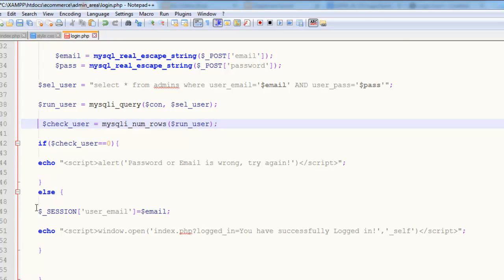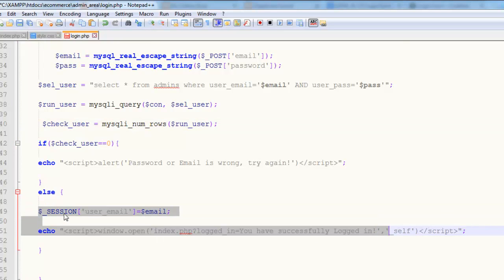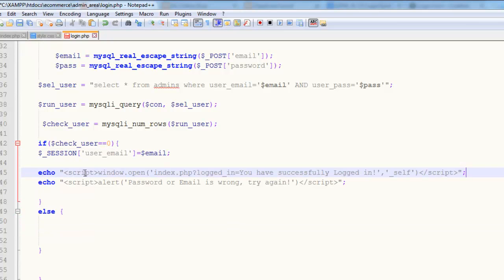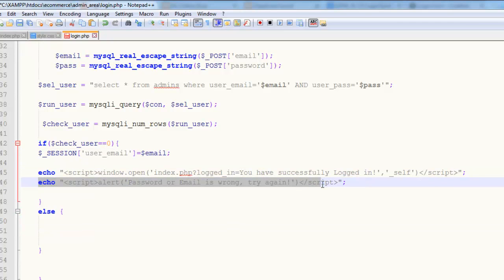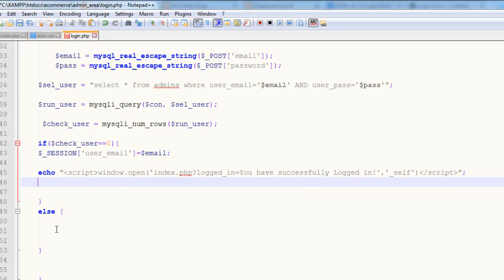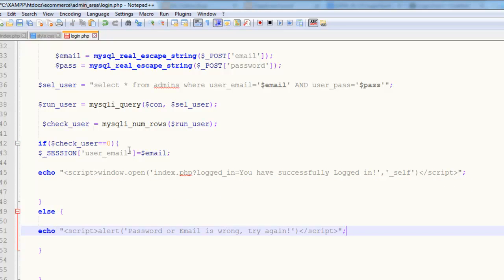Okay, we will put this thing there in the if condition. We'll put it here. We'll copy this here. We'll say if that is equal to 1, then register the session and